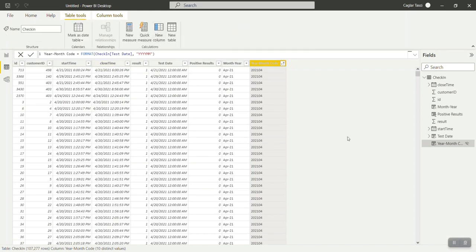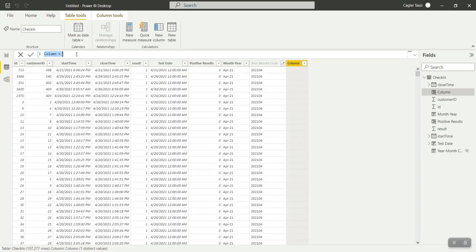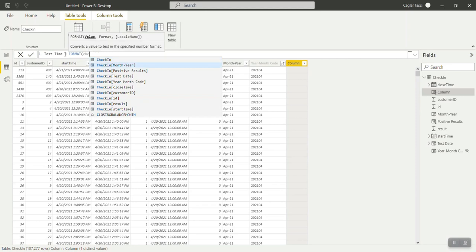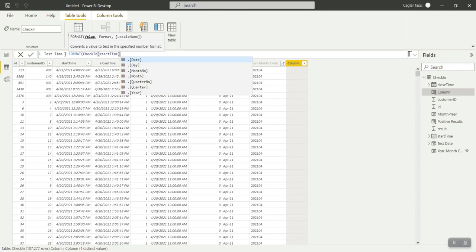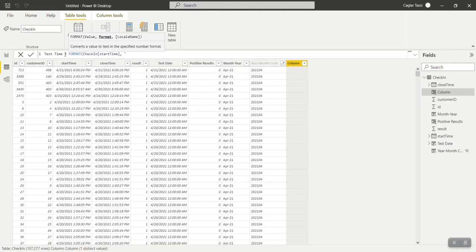So I will be naming it test time, and again with the format option I will use the check-in start time and give it a format of HHMMSS. So that will basically help me in my formatting here. Okay, so now it's created as test time.